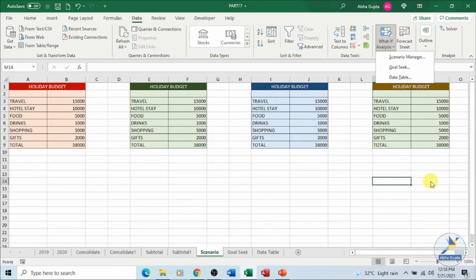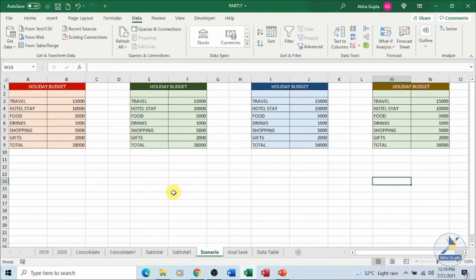First of all, let's see what is scenario manager. When we talk about scenarios, a scenario is a set of values that you enter in a worksheet to perform the calculation. Like we have different scenarios, different scenes. A very common example is the loan example. You want to take a loan from some bank. You go there, you say that this is the amount which I am looking for. They tell you that this is the interest rate, and over the period of time, maybe 10 years or 20 years, you have to pay this much EMI. This is one scene in one bank.